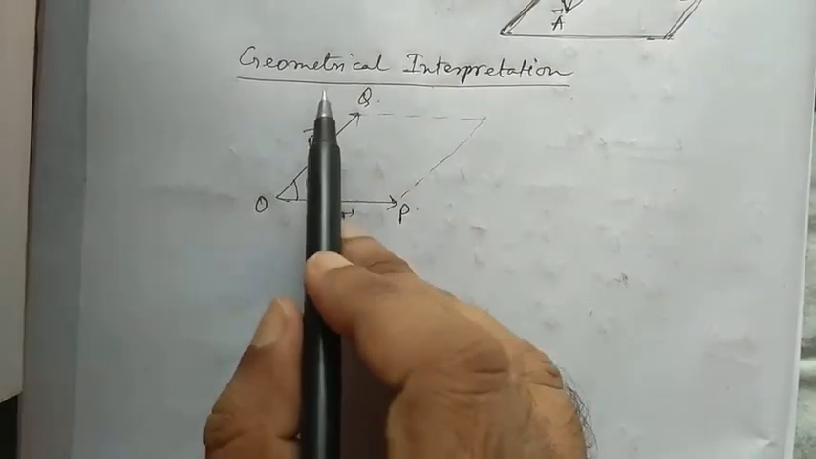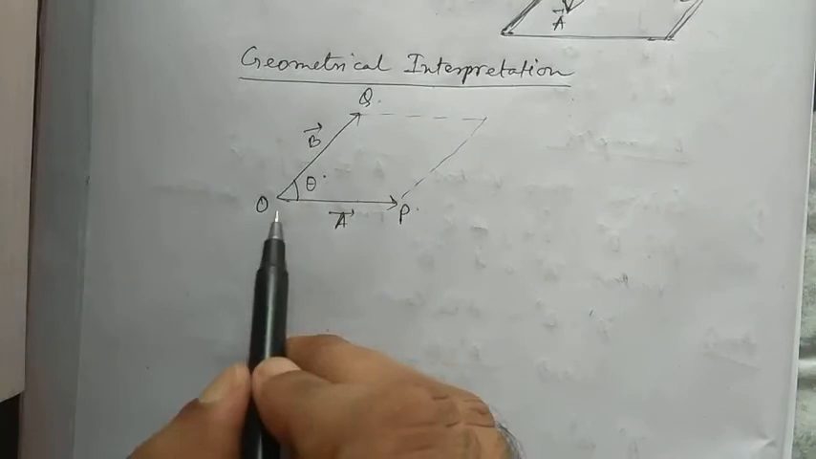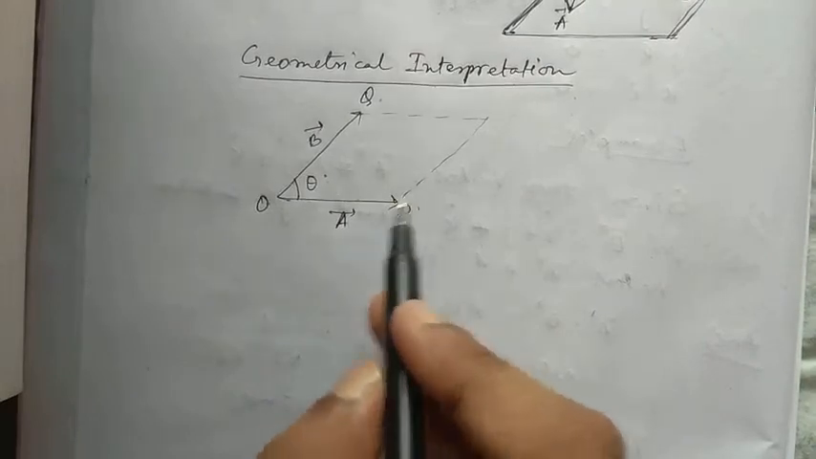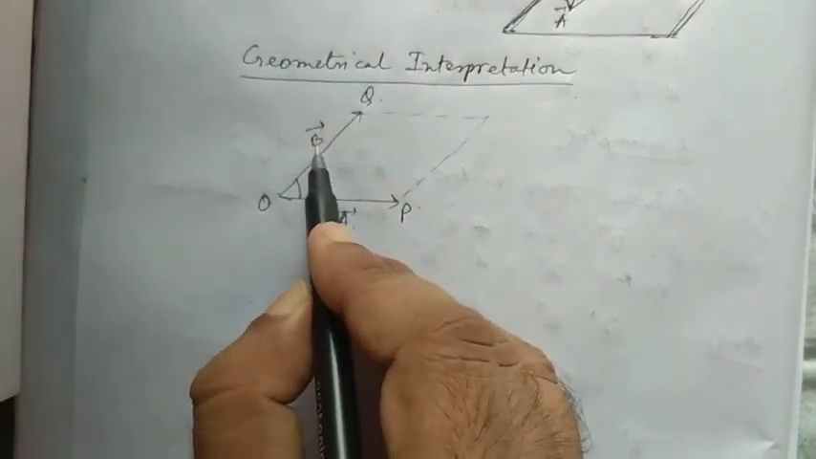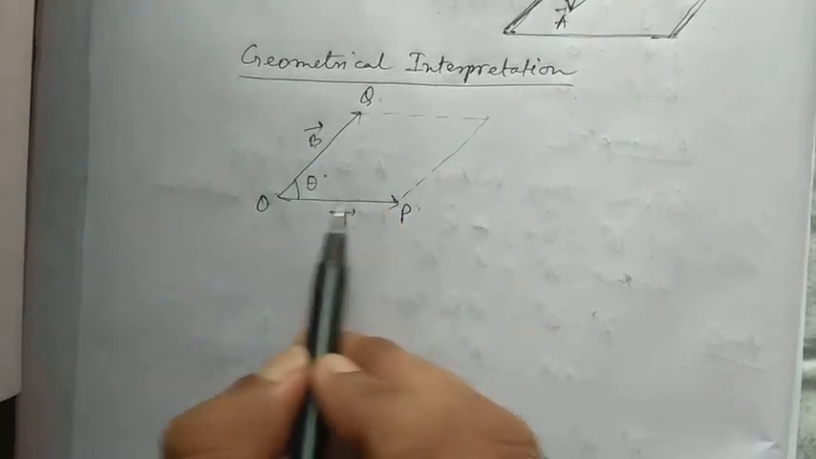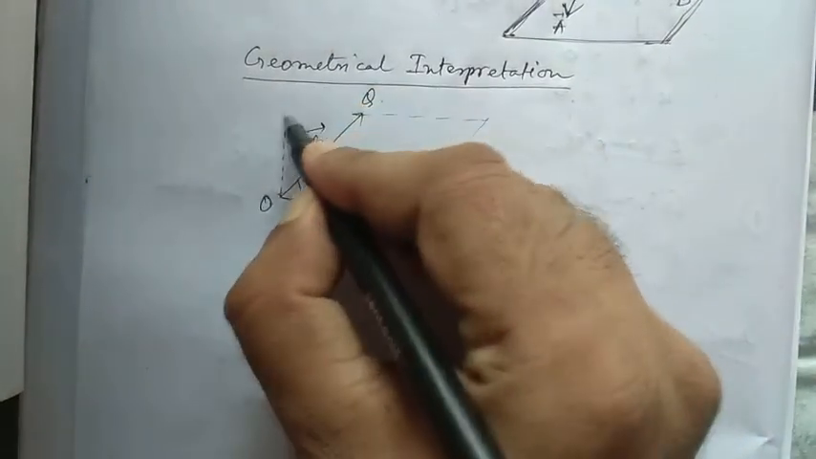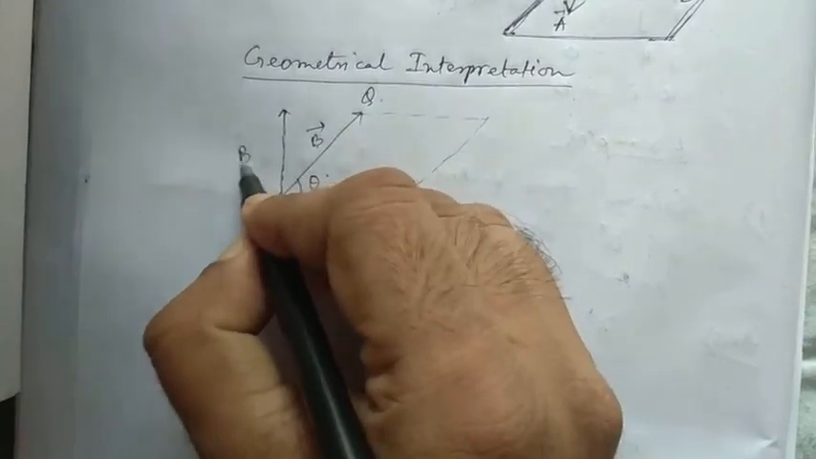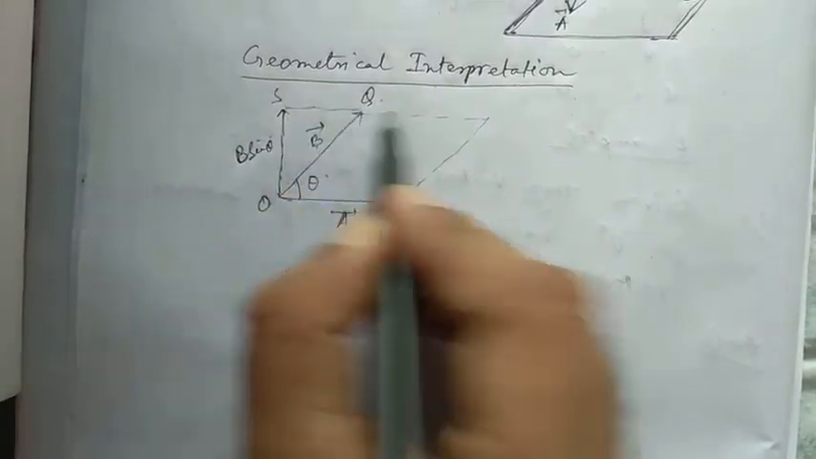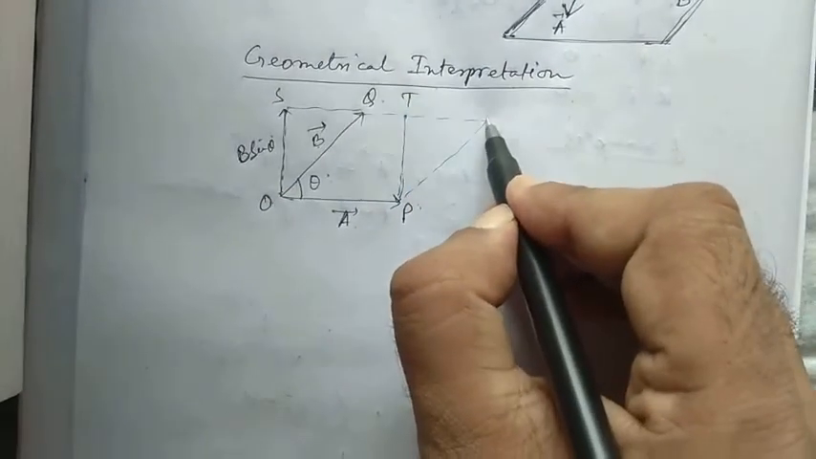Now talking about the geometrical interpretation of this vector product, let us take this example. Suppose OP represents vector A and OQ represents vector B. Now the component of B along this vector is the cos component, B cos theta. Similarly, if we find out the sine component, this will be the sine component, or rather B sine theta. Now take this point to be S, join this one, form another vector here, another point T, complete the parallelogram,